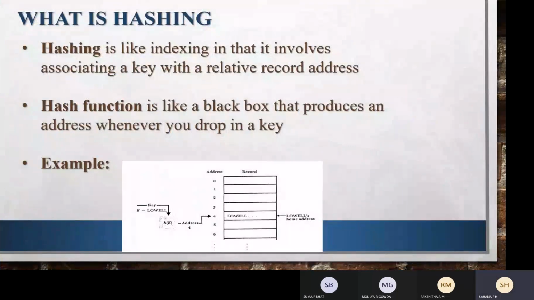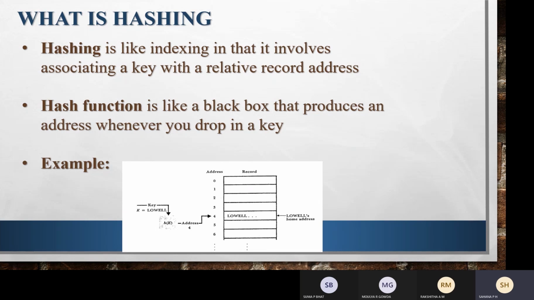So basically hashing is a useful searching technique which can be used for implementing indexes. The main motivation for hashing is improving searching time. For example, if we consider B and B+ trees, the search time is big O of log n to the base k, whereas search time for hashing is big O of 1. The process of hashing is carried out by a hash function. A hash function is a function h of k that transforms a key into an address.